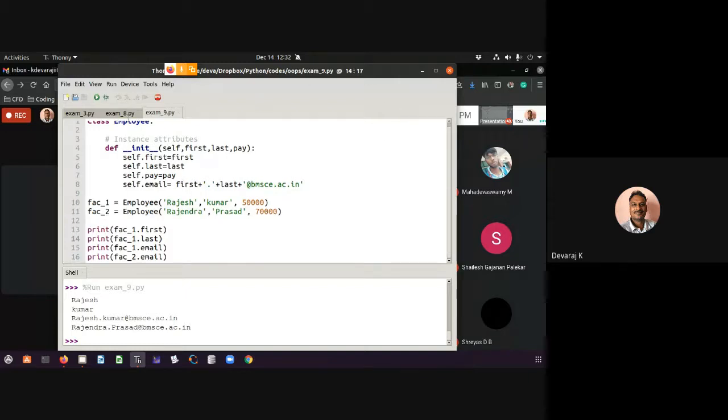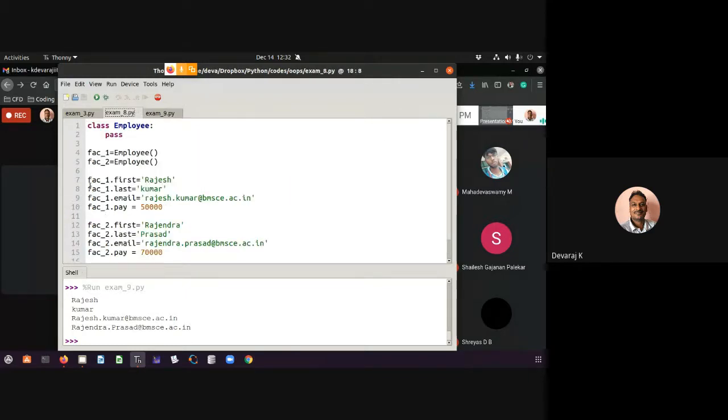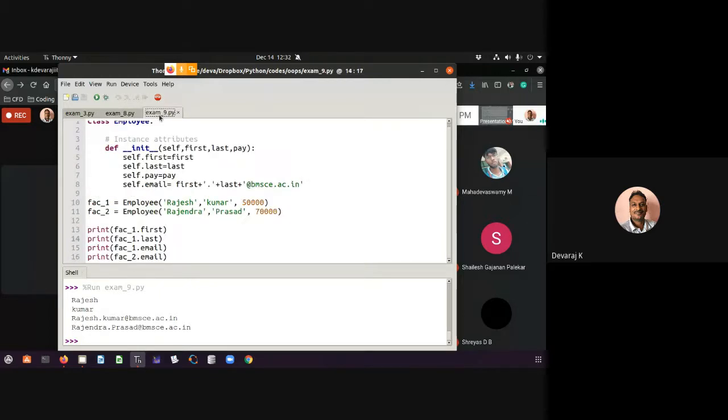So here, what I was trying to define, see, if for example 50 faculties are there, then I should have written 50 faculty, this kind of code I should have written. For every employee under the class, I have to redo this. Now, instead of this, actually, one function I'm using under attributes, you just have to define each and every one. So first name, last name, salary. First name, last name, salary. First name, last name, salary. That's it. Or any other data. Or you can create its email or whatever it may be.